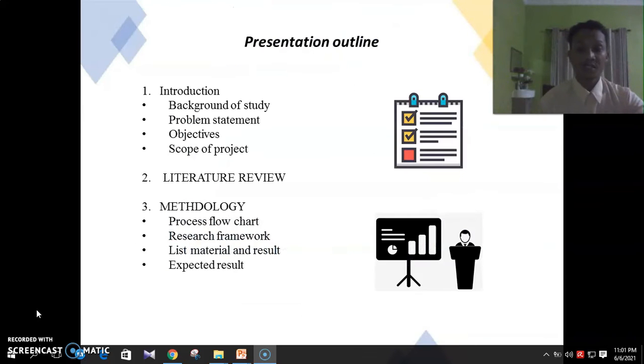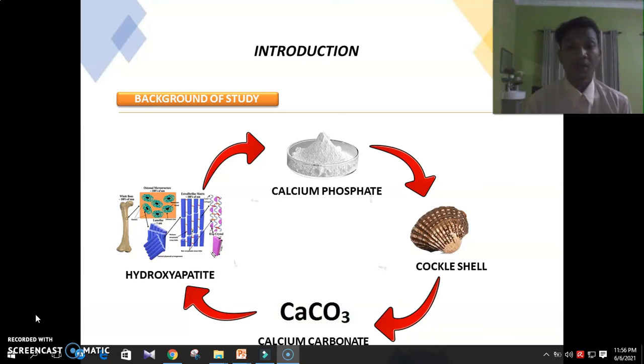So for the presentation outline, it consists of 3 chapters. The first chapter is an introduction. Next, the second is a literature review, and the last is a methodology. Introduction part, background study. We have all keywords that are important in this part: calcium phosphate, cockle shell, calcium carbonate,